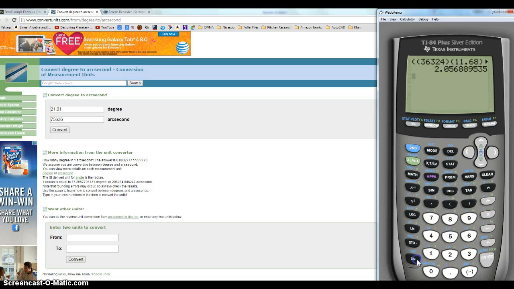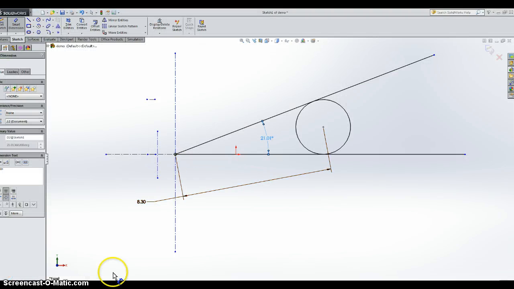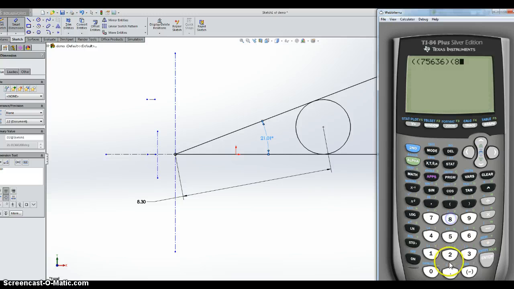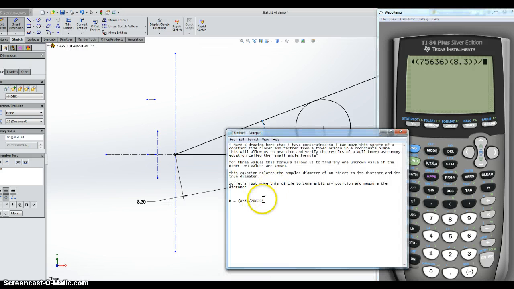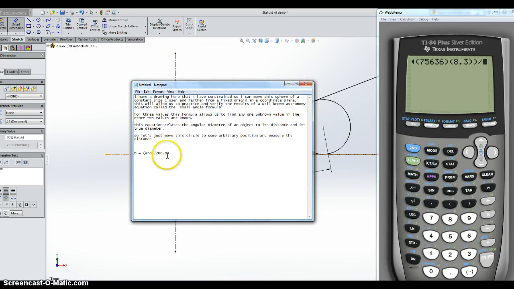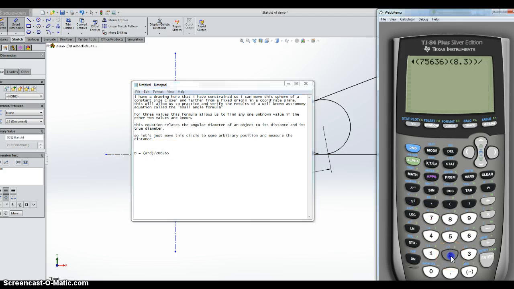75,636. Turn this on. Clear. 75636. And then go back to our drawing. Times 8.3. 8.3 divided by the constant, which we have here, is 206265. Enter. Okay, this says that the diameter of our sphere, our circle, the linear size of the sphere,